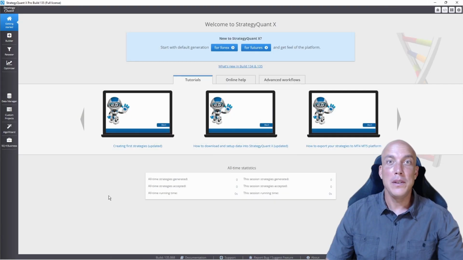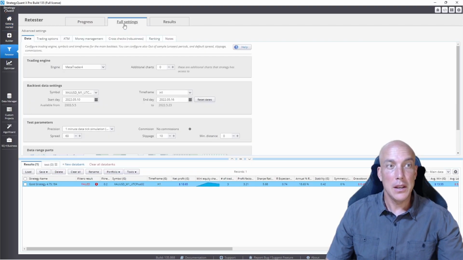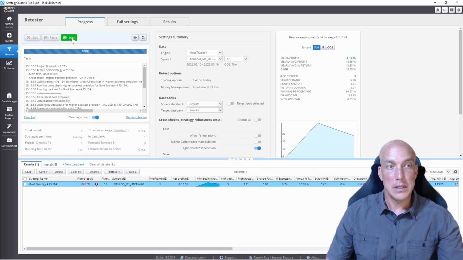Next, we're going to load our strategy into the retester up here. We're going to click on the dates, and our trades started on May 10th, and the last trade, the third trade, completed on the 16th. After that, we're going to press Start,